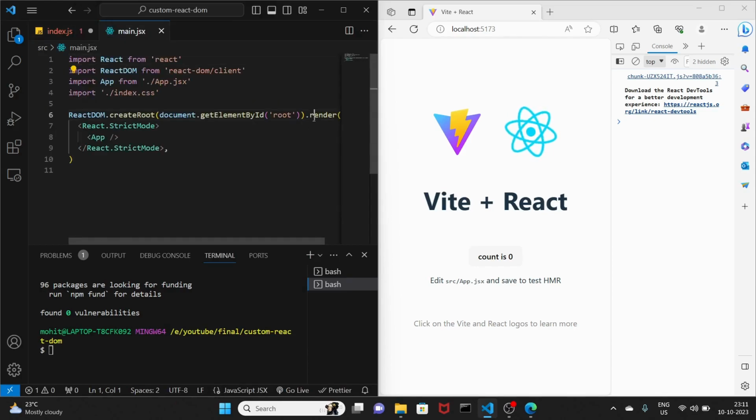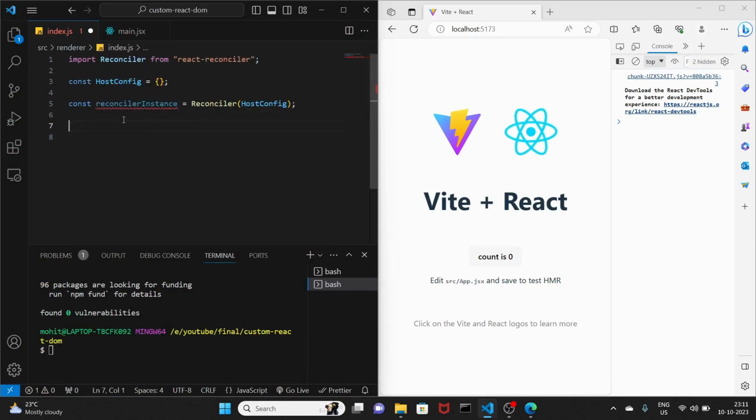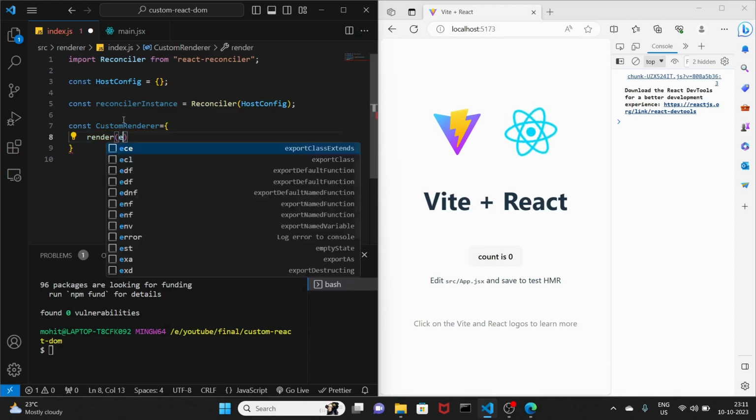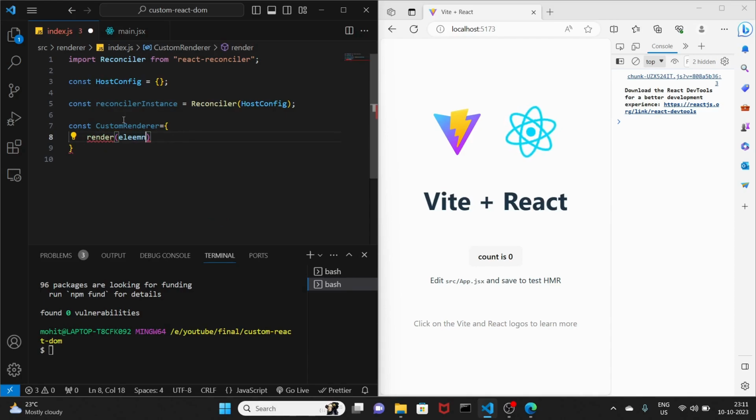Okay, as you can see, this render method. So for that, I'll be just writing const custom renderer equal to render. I'll be getting a couple of parameters here, or you can say arguments in this case. Render DOM, fallback. Okay, and without going into too much detail, I'll just write a couple of lines of code,